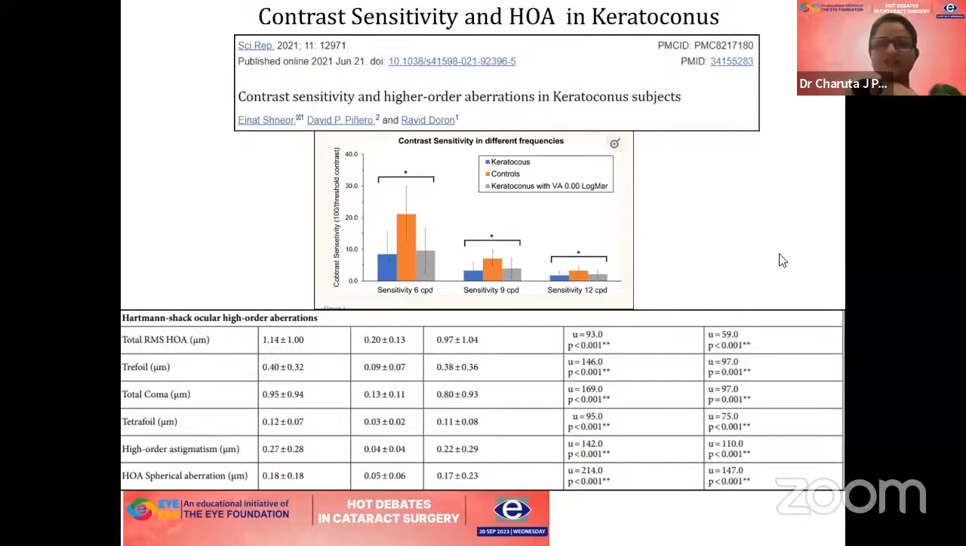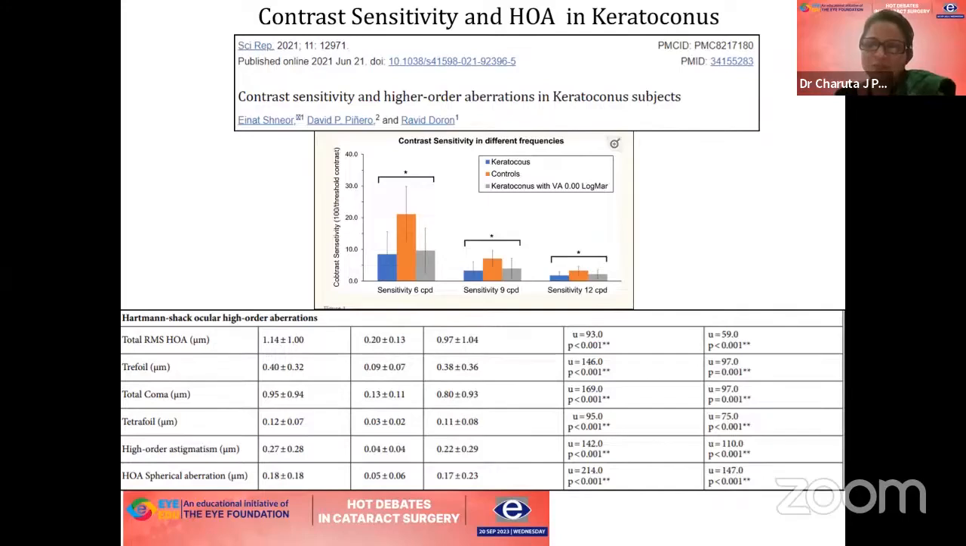Another interesting thing, I was searching for some interesting data, that is in keratoconus, what is the contrast sensitivity or higher order aberrations. And this is a group, Sneer et al., who have assessed correlation between wavefront aberrometry and contrast sensitivity in patients with keratoconus. And they have also sub-analyzed patients with keratoconus having 0 logMAR. So there were significant differences between groups between higher order aberrations for trefoil, total coma,